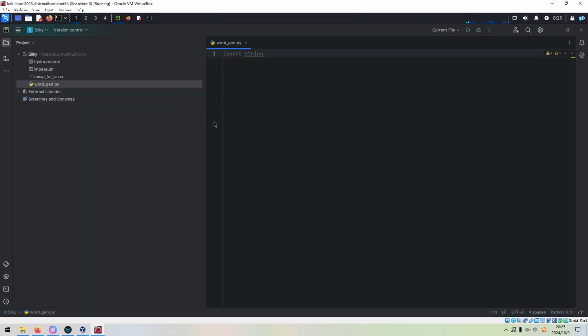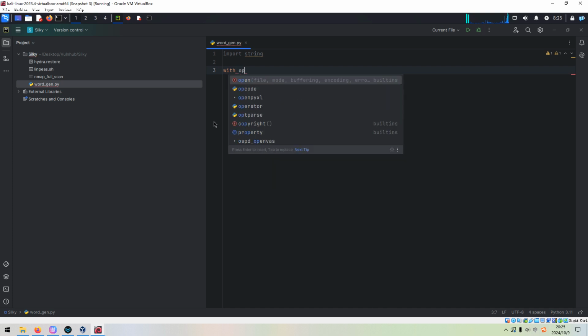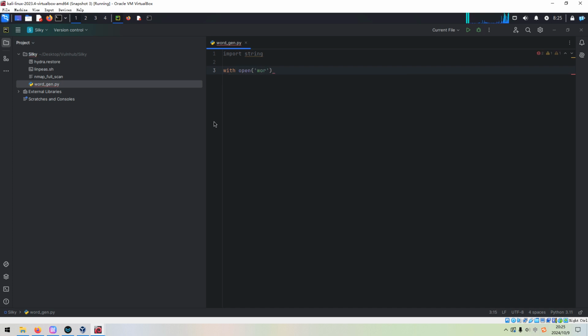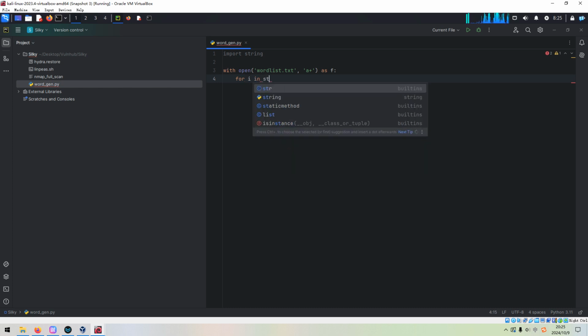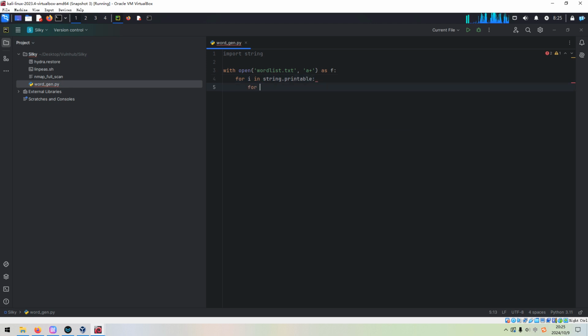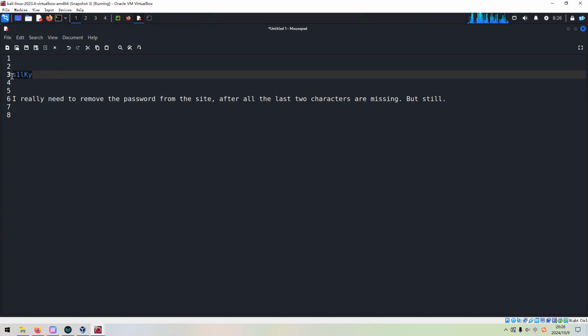Okay, so now, for example, we can name this file word list, and the mode would be append. Okay, and we can make two layers of loops: for i in string.printable, and also for j in string.printable. And then word should be, we can copy the first part or the full part of the password.